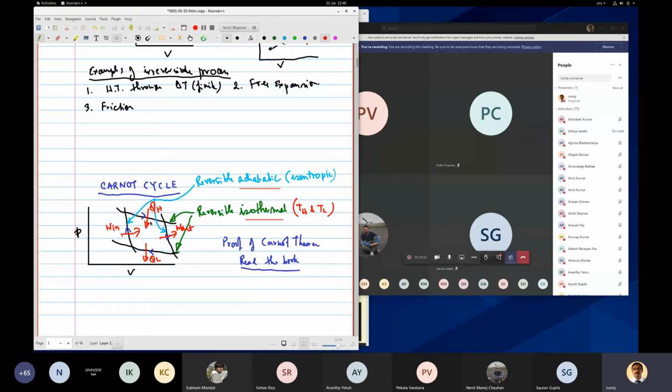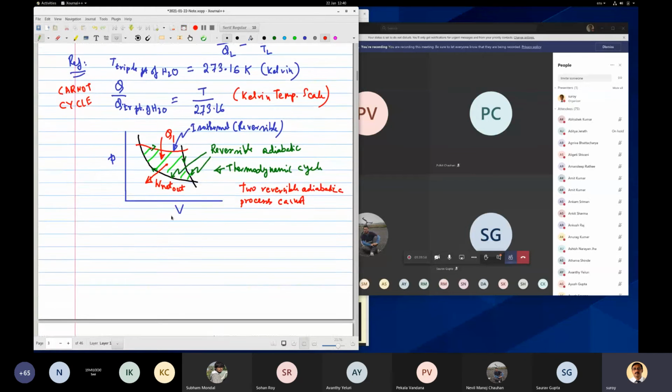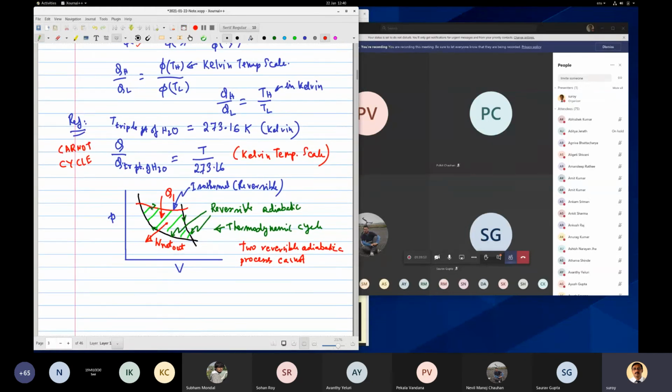So at TH, at TL, in both places you have heat transfer, right? And in this you don't have any heat transfer. We have two places where you have heat transfer, high and low. Now suppose we construct a device where only at one temperature, you have a heat transfer Q1, right? And of course rest you have no heat transfer, reversible adiabatic. So if you have to construct a cycle, these two reversible adiabatic lines must meet somewhere, then only we can construct this cycle, right?